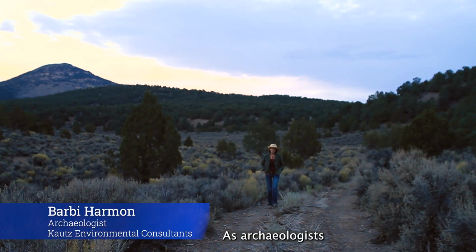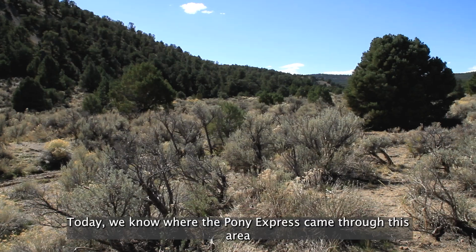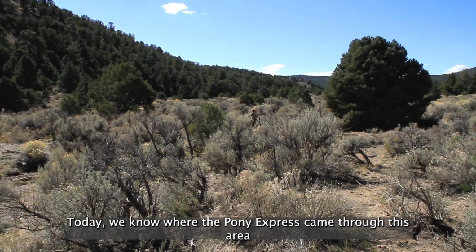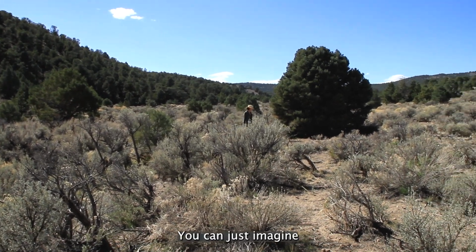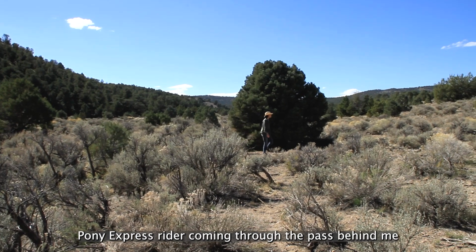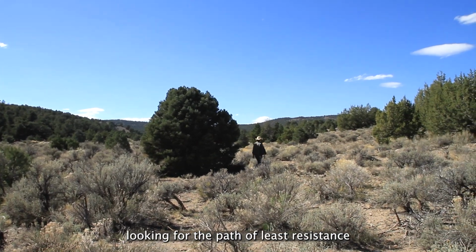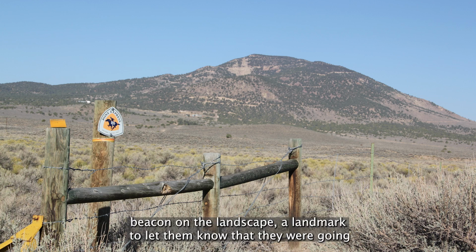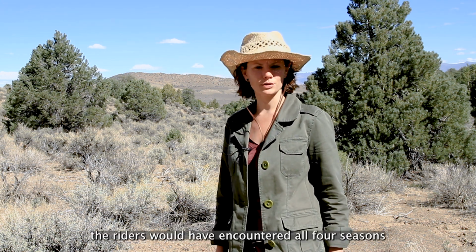As archaeologists, we study where people have been based on the things they leave behind. Today, we know where the Pony Express came through this area based on archival information and historic maps. You can just imagine Pony Express rider coming through the path behind me, looking for the path of least resistance. And Mount Hope would have been a beacon on the landscape, a landmark to let them know that they were going the right direction. While the Pony Express only ran for 18 months, the riders would have encountered all 4